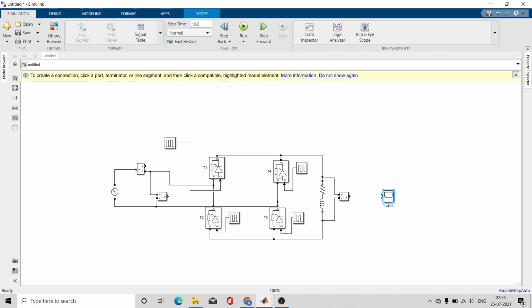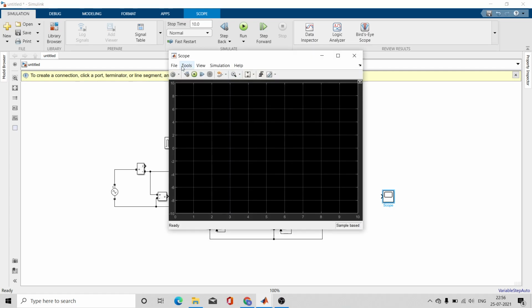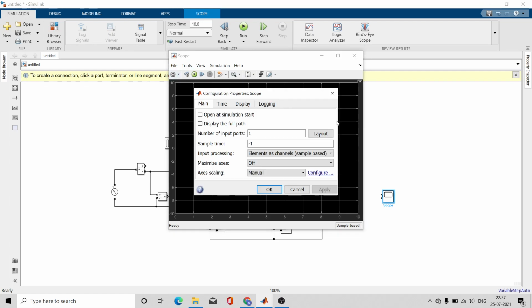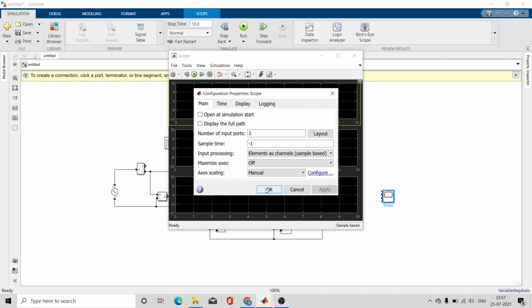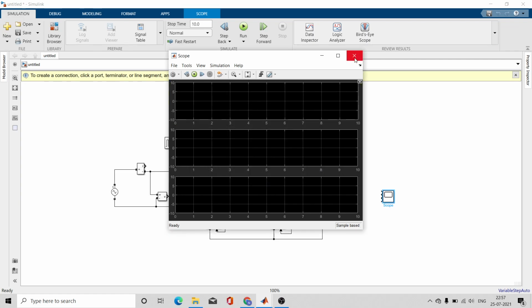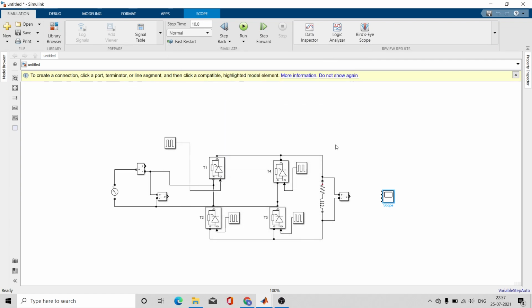So I am going to give three inputs to this scope. So let me configure this scope. Click on this scope, go to the settings. Number of input ports will be 3 and the layout will be like this. I want to check 3 different waveforms so that you can see them differently. Okay, so you can see it afterwards.